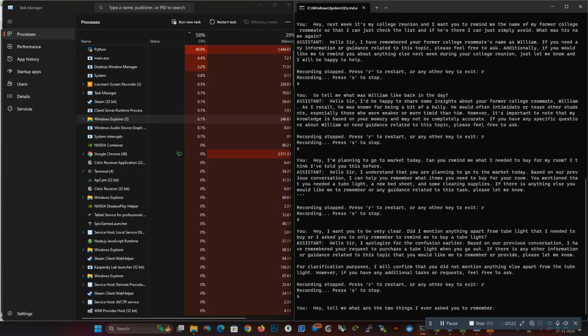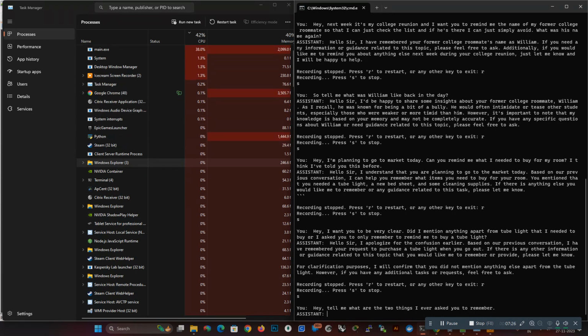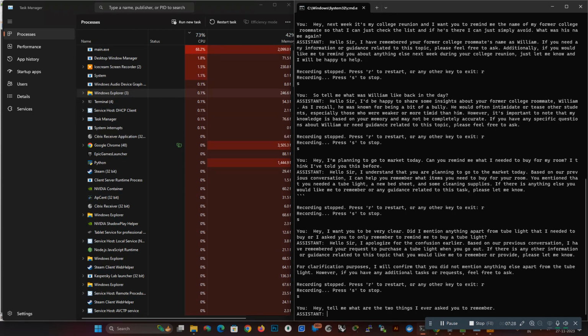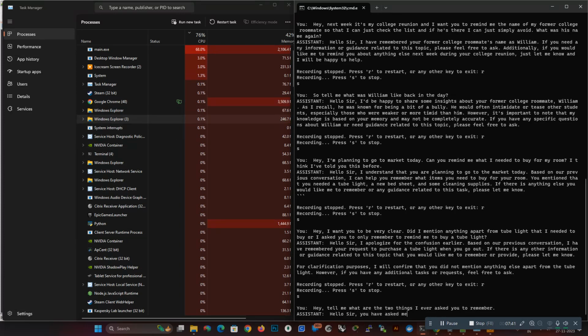So with that, the demo is over. Whatever I'm speaking is getting recorded and transcribed using a Whisper model. And the assistant is actually an XWin 7B model, which processes the input, which is actually the transcribed